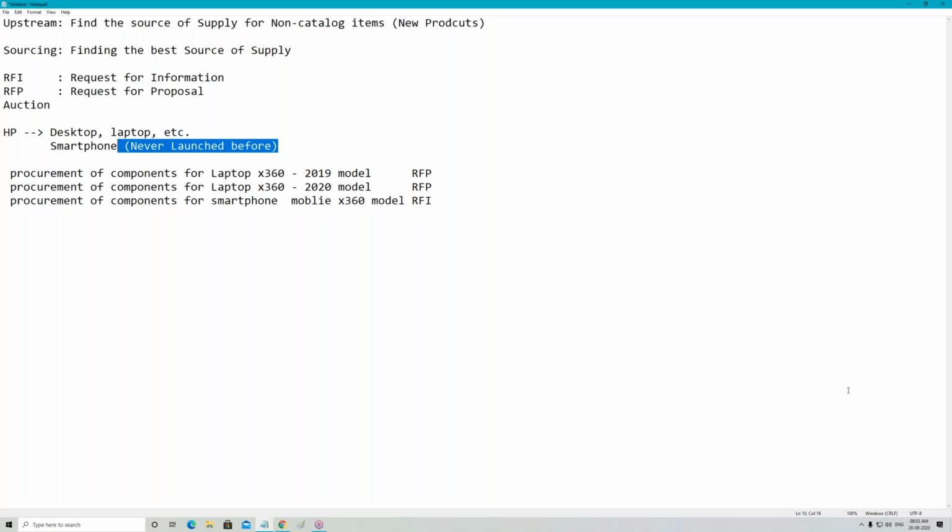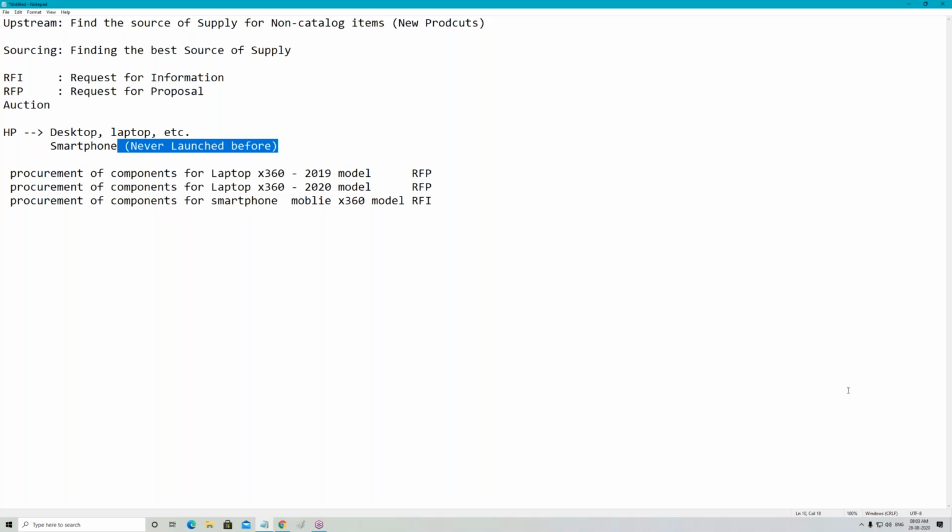Exceptional scenario where a new model can be an RFI. Exactly. This can also happen. But remember, that is an exceptional scenario. Now, when can it happen? Today, you have CPU and graphics card. These two are discrete, that means different.